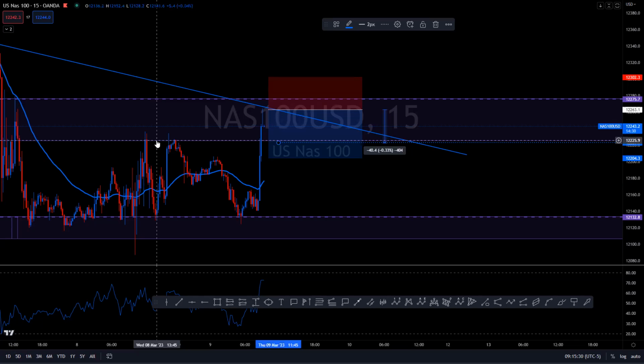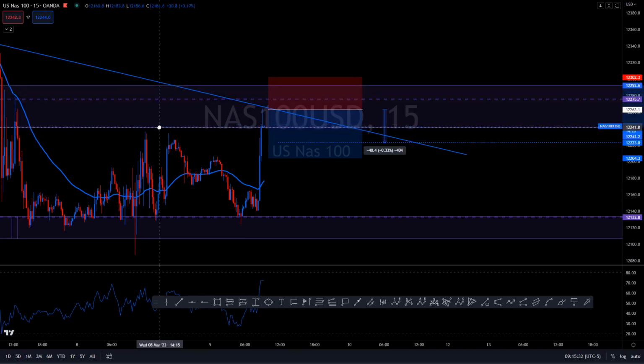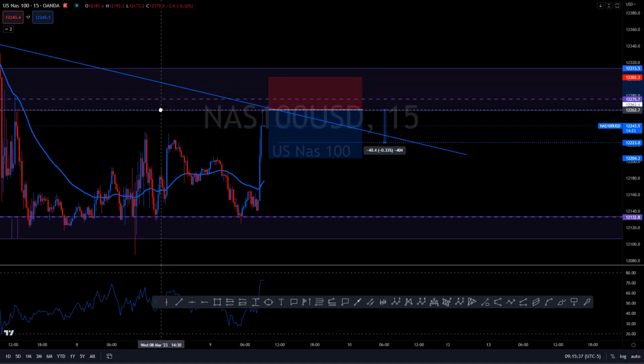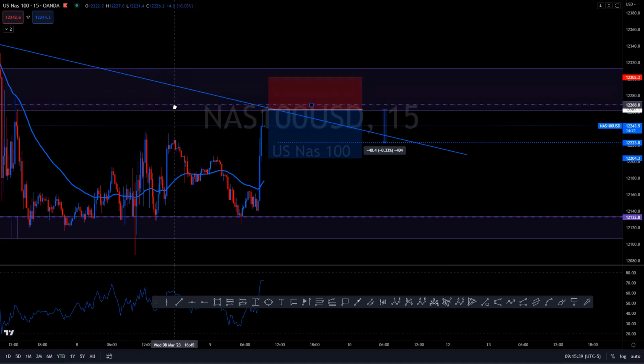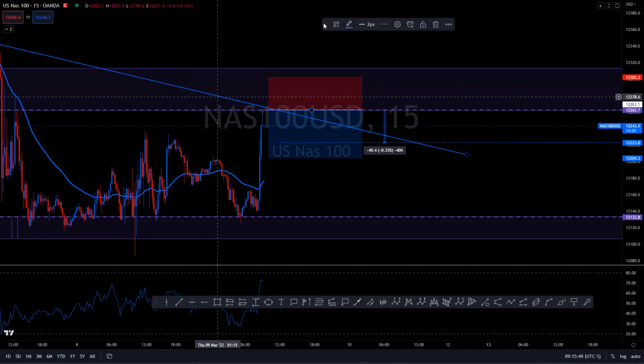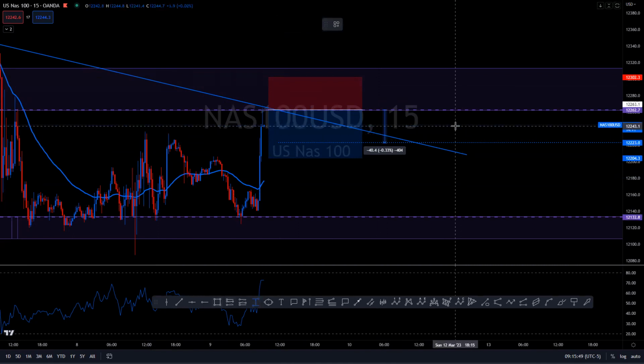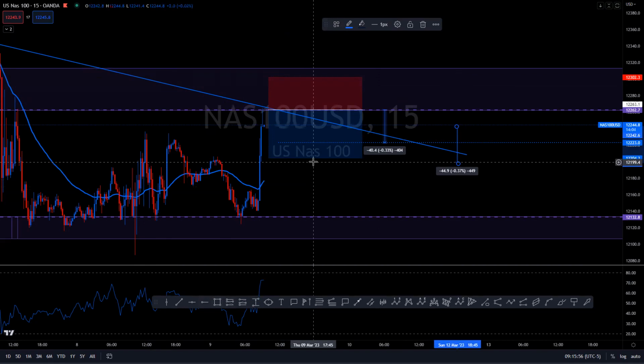57. That's what I'm looking at. Now, if price decides to come down from this candle, then I'm looking to get this much in NAS. Now, the ultimate goal,